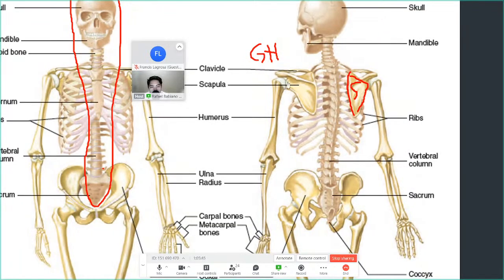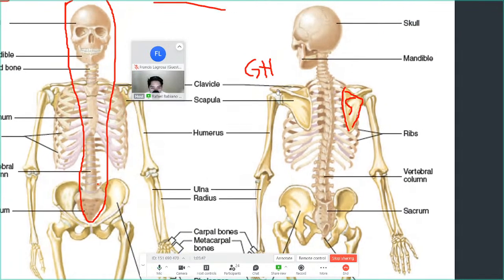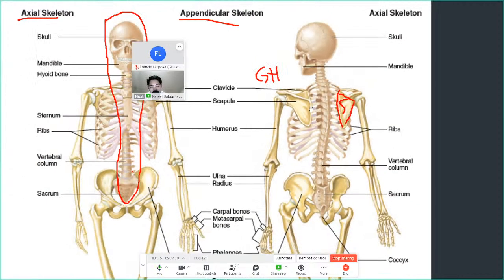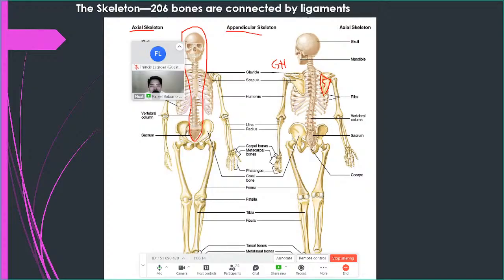Right here, this part articulates. This is the scapula. This part where the humerus attaches is the glenoid. That's why it is called the glenohumeral joint, or the shoulder joint. That's why your scapula is important. When you move your shoulder, your scapula also moves with your humerus, together. If your scapula is injured or doesn't move, then your shoulder movements will be impaired. That's why the scapula is very important in your shoulder motions. Okay, let's go back.